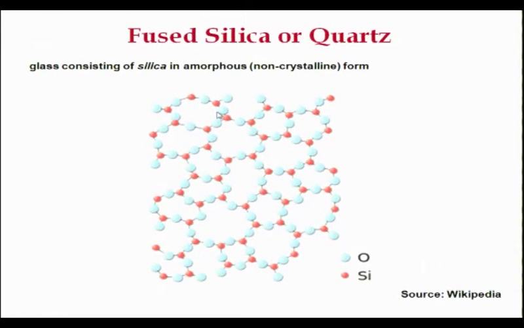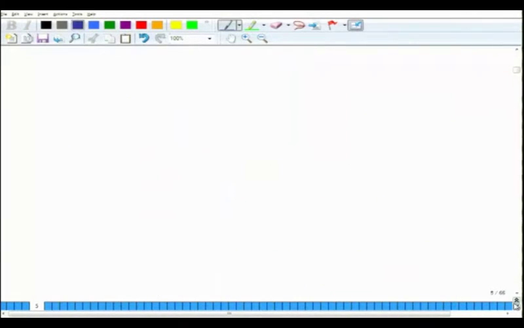As a result, you form a structure which does not look like a hexagonal network of tetrahedra, and hence this form of silicate glass is called fused silica, or basically fused quartz, okay. So, it does not have a crystalline structure. It is used for a lot of applications because it is cheaper for applications which require high temperature softening. So, this has a relatively higher temperature of softening as compared to your sodium or potassium or calcium substituted glasses. So, this fused silica is basically